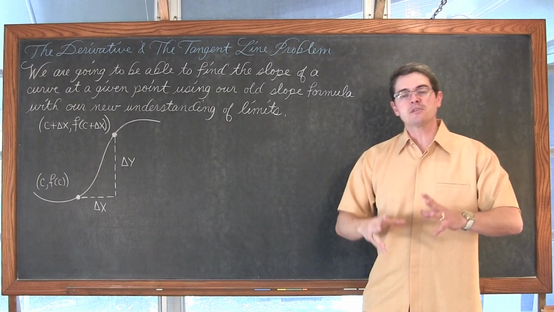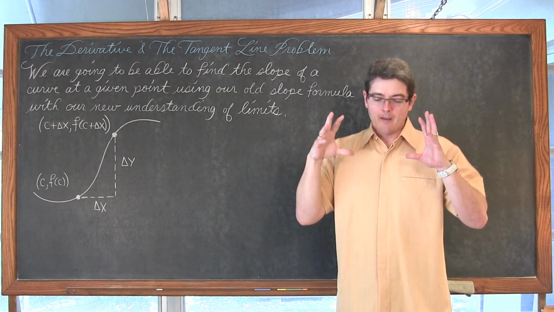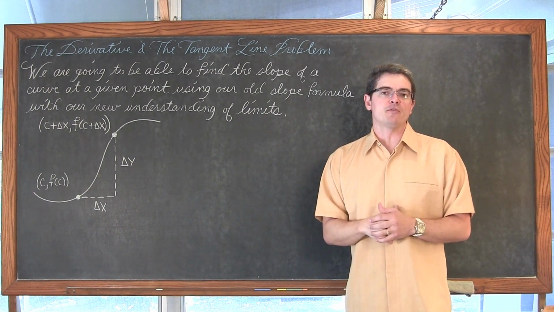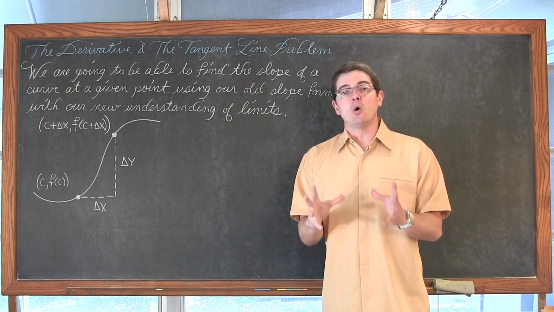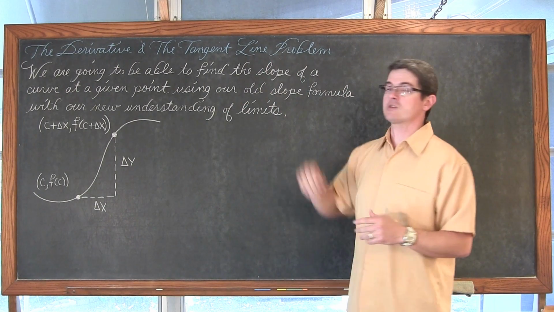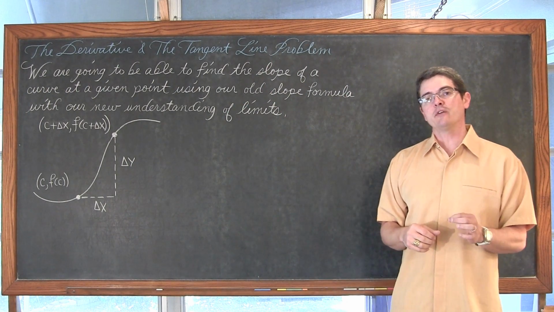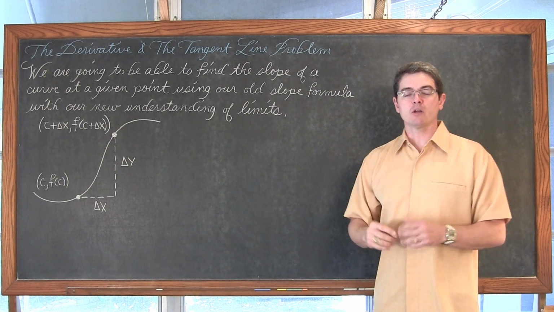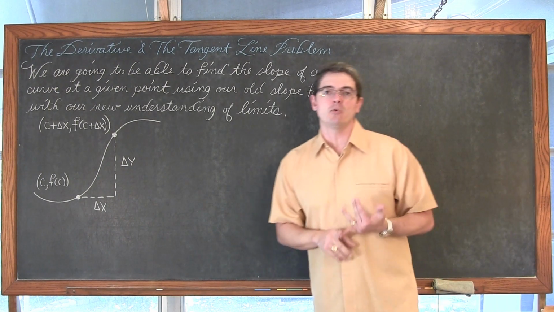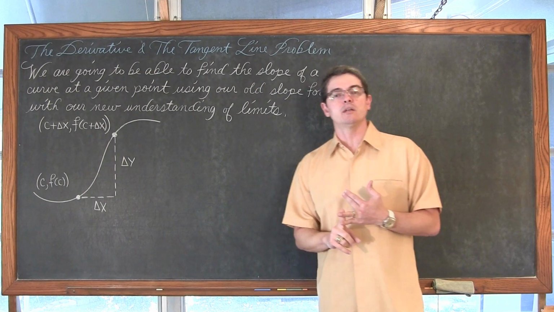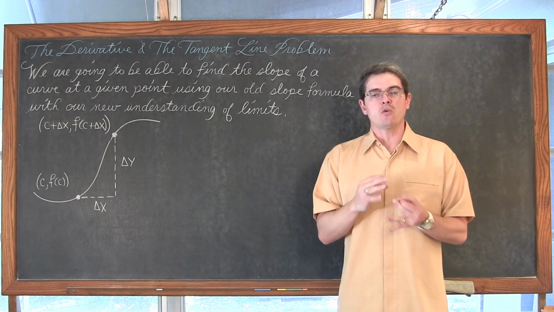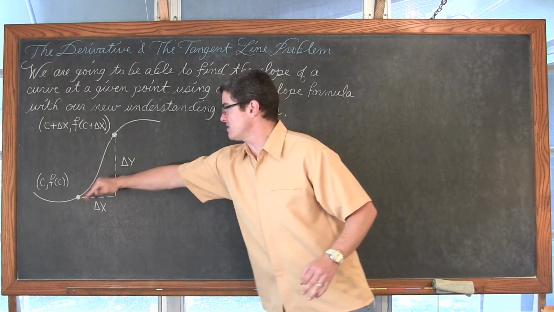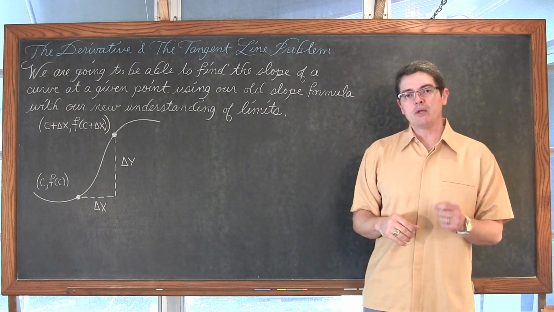Now in this video, this is going to be a full, about 9 or 10 example video of anything hopefully that you'll need to get through your first section of learning how to do the derivative with the definition of derivative and the tangent line problem. We're going to be finding the slope of the tangent line at a point. We're going to be finding the equation or the derivative function, the equation that will allow us to find the slope at any given point along the curve.